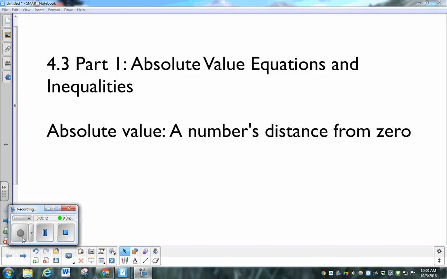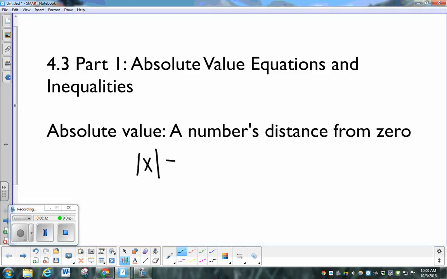So we're talking about absolute values in our inequalities. The main thing to remember about absolute value is that an absolute value is a number's distance from 0. It's how far something is from 0, and you really want to keep that in your mind as you do these problems today. All right, so if we're talking about the absolute value of x,